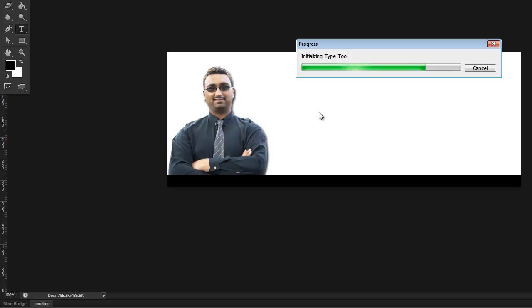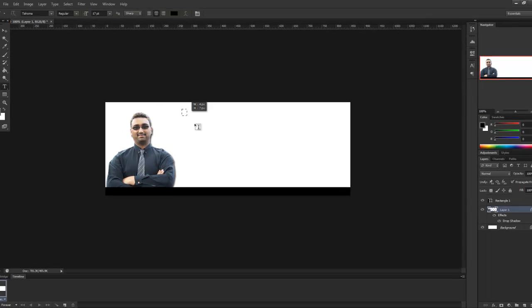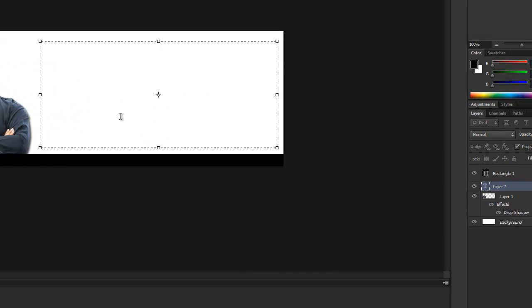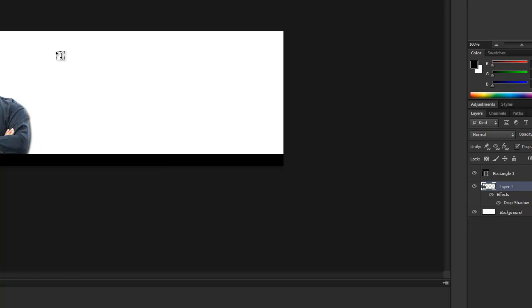And once it does, your mouse cursor will turn into the typing cursor. Okay, here we go, guys. So what you've got is the option of either clicking and dragging to make a box where it's limited to that area of typing. So for example, if I start typing something, it'll automatically stop at the end of the box and carry on to the bottom, just like that. Okay, and I've also got the option of just clicking and typing. So for example, I can type here now,